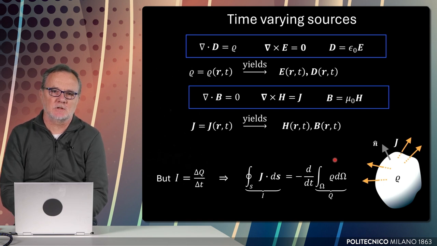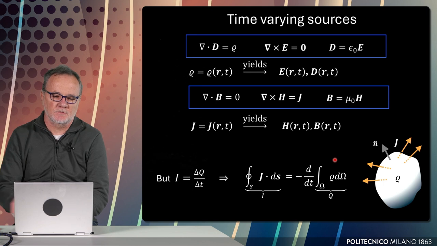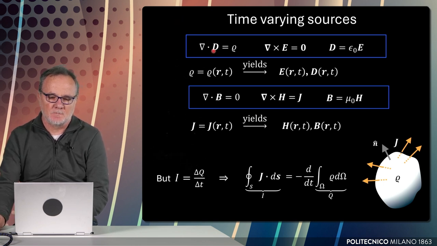Previously, we studied electrostatics, which is produced by electric charge, and we also studied magnetostatics, which is produced by stationary currents, so constant currents and constant charges. And we assume now that we have time-varying charges. Therefore, the equations of electrostatics, for instance, the divergence of D that equals the volume charge density, the curl of E that equals 0, and the relationship between D and E, when we are in the presence of time-varying charge densities, we have time-varying electric field and electric induction.